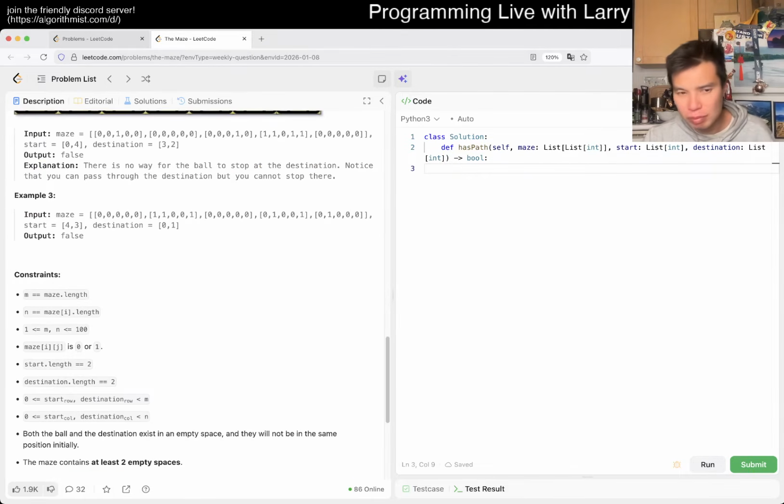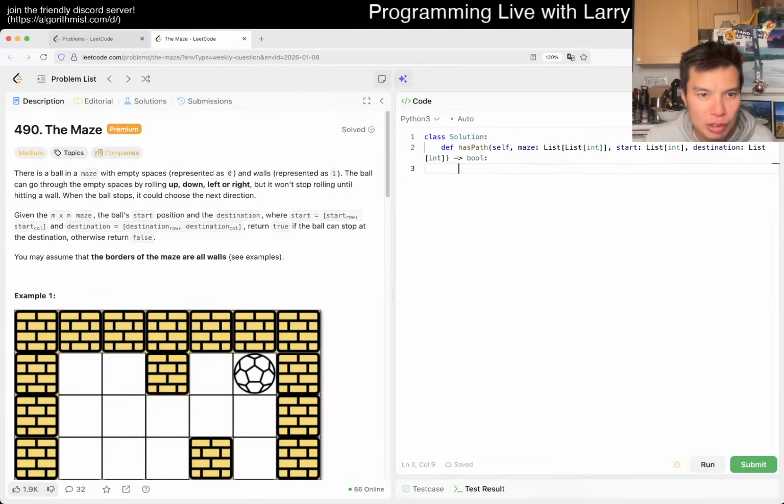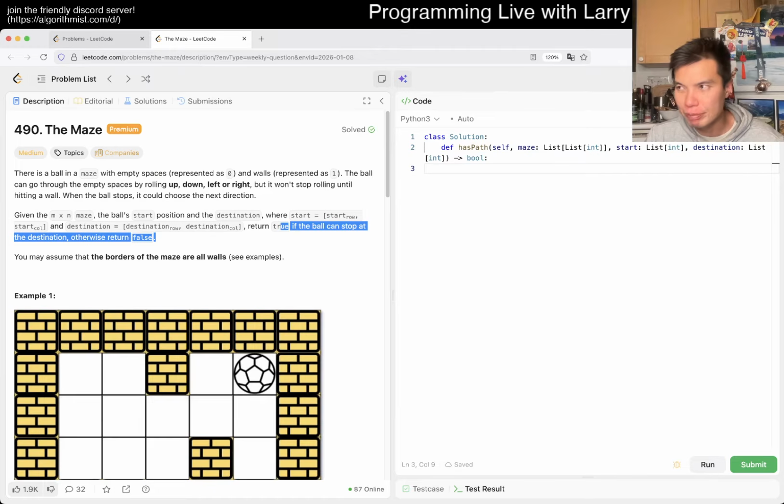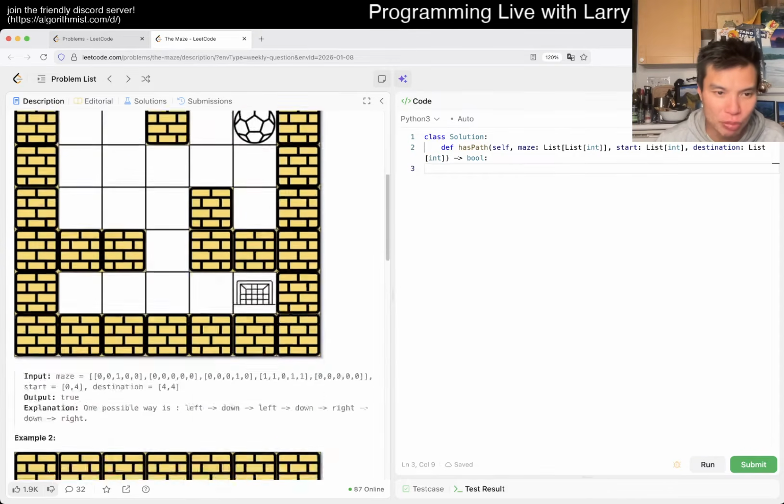Alright, what is it asking for? It's just true false. I thought it was going to be the minimum number of moves, and I was just trying to figure out whether it was the number of kicks, if you will, versus the number of spaces. So that's what I was looking for. But it turns out that you just want to return true or false. Okay.